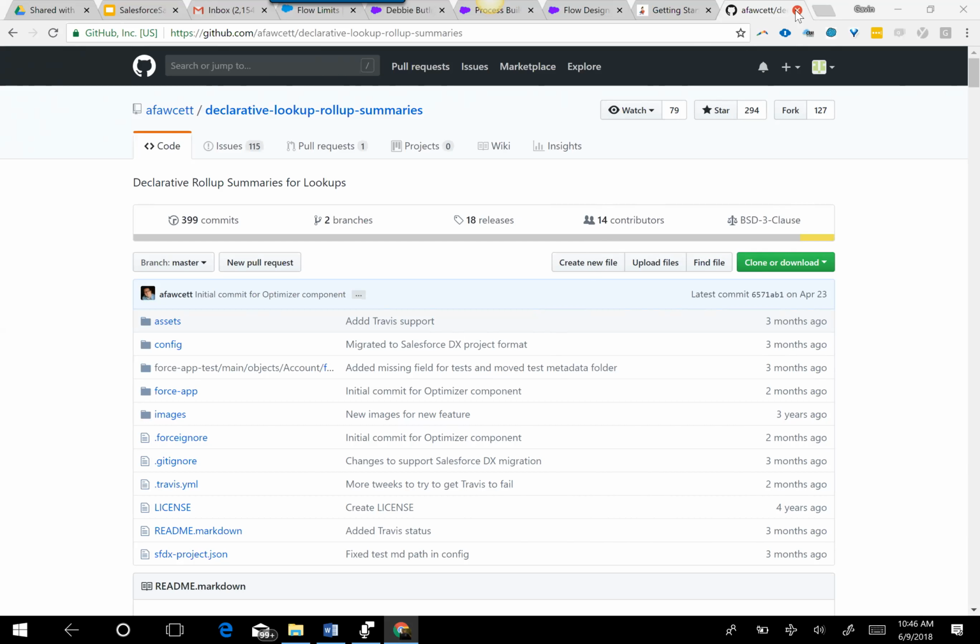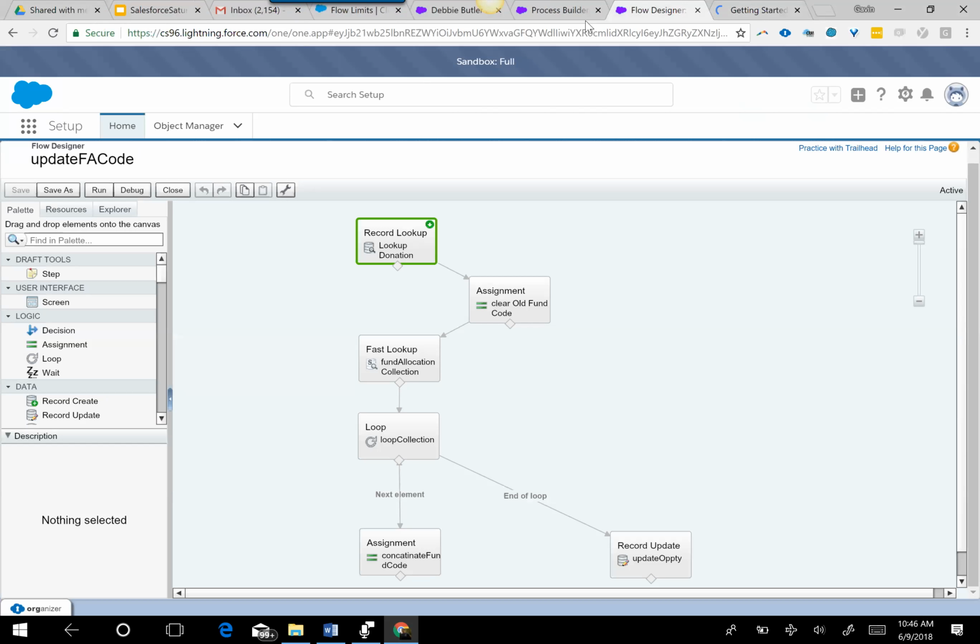So this is another tool, DLRS, on rollups. What we are going to do is run through an example of how to do rollups on a lookup relationship. You saw the donation record, and now we want to take the fund code allocation, which is